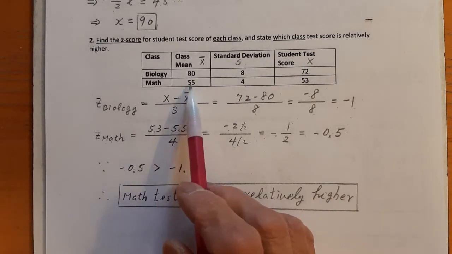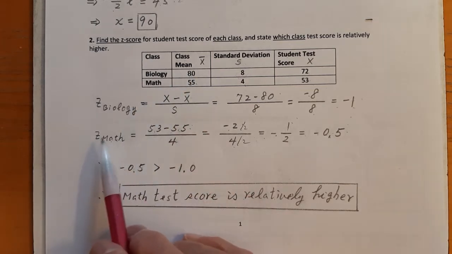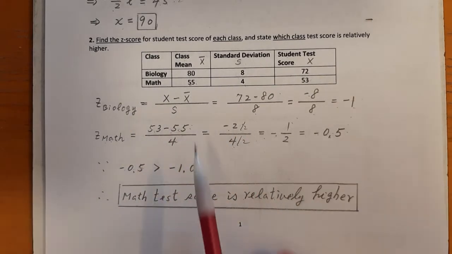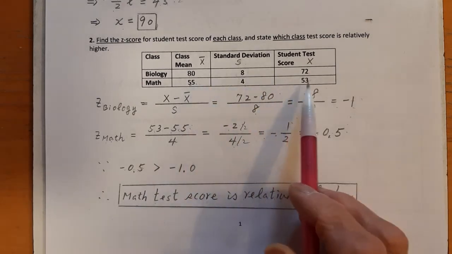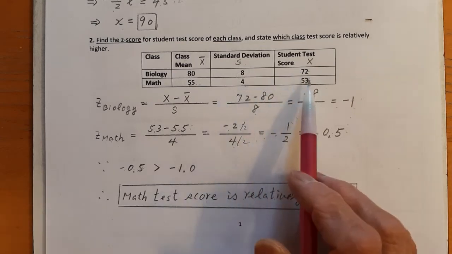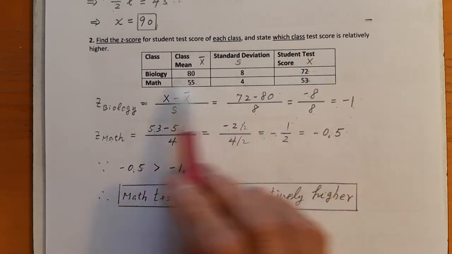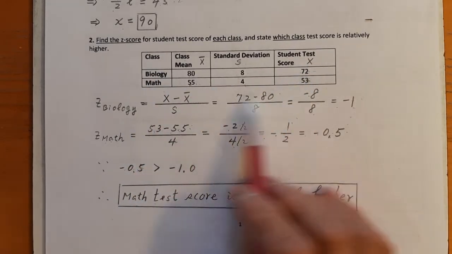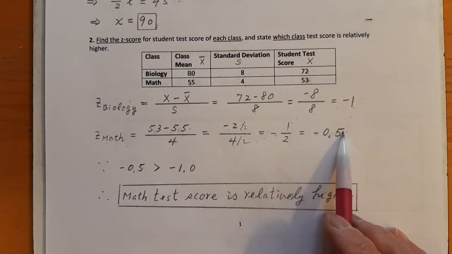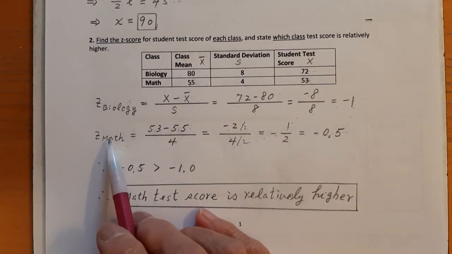Now you can see 55 is less than 80. But convert to z-score, math is higher. Math is higher because student test score 53 in math is less than 72 in biology. But convert to z-score, the math z-score is negative 0.5. And for biology, it's negative 1. So that means the math is